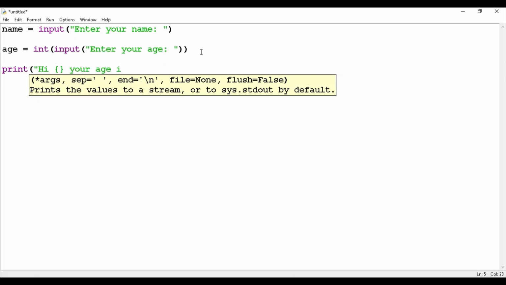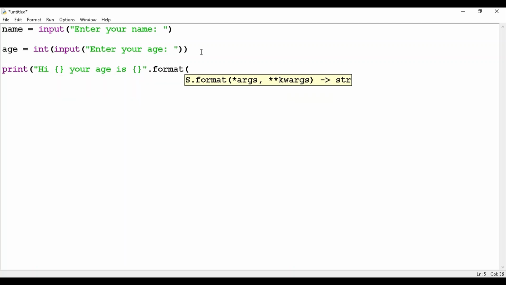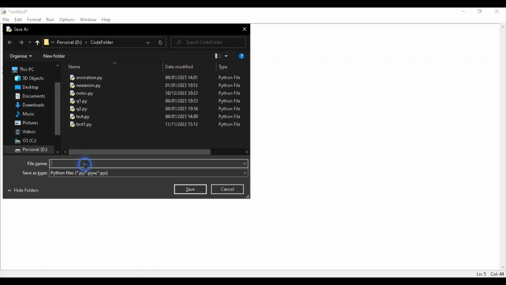"Your age is", here also I am taking a replacement operator. Then you have to use your format method. Format, and with which variable values it should get replaced in these replacement operators. So those variable names I am giving here, name, age, Control S as Q3. So this is question 3.